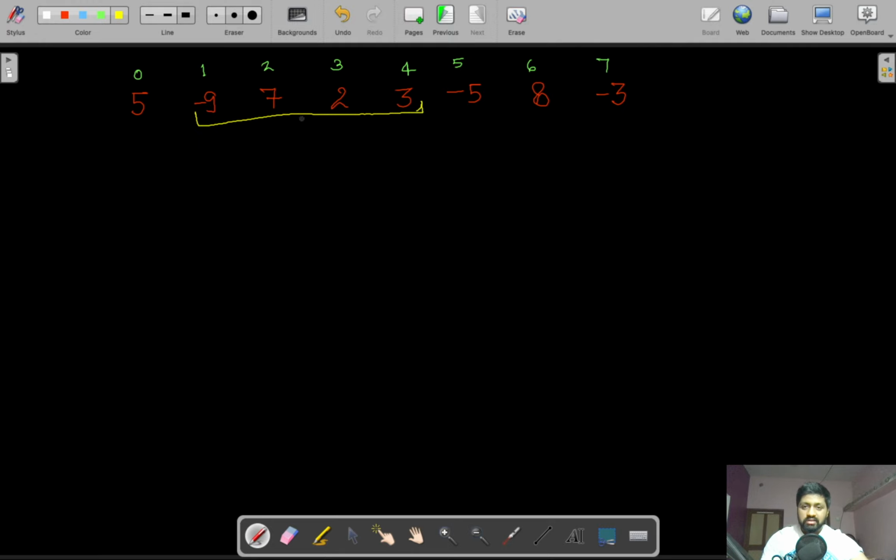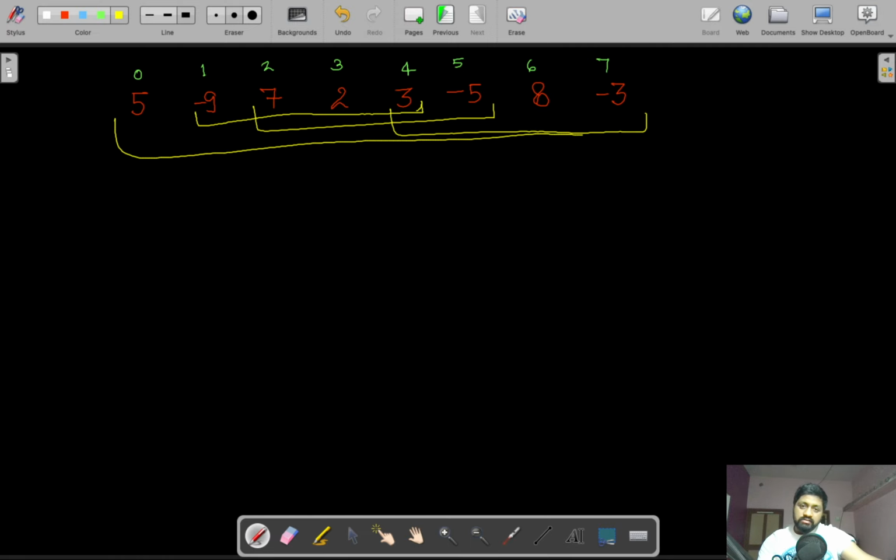So either you can select this contiguous array, or this one, or this one, or this contiguous array. You have the freedom to choose any contiguous array of elements, but the only condition you need to satisfy is that you have to find the maximum sum by choosing that particular contiguous array. Let's say if we choose these three contiguous numbers, then the sum generated by adding all three numbers should be the maximum of all the sequences we can get from this array of integers.